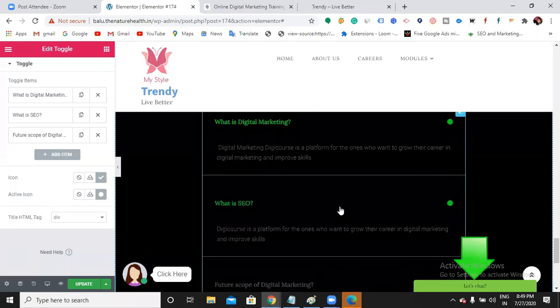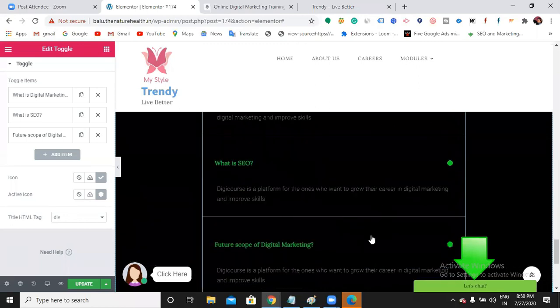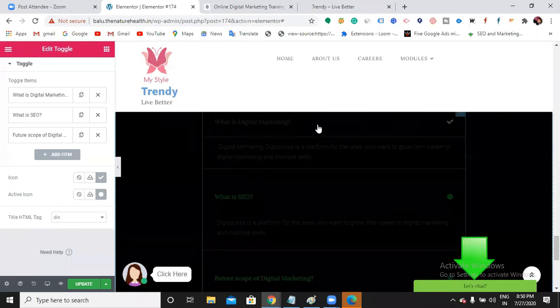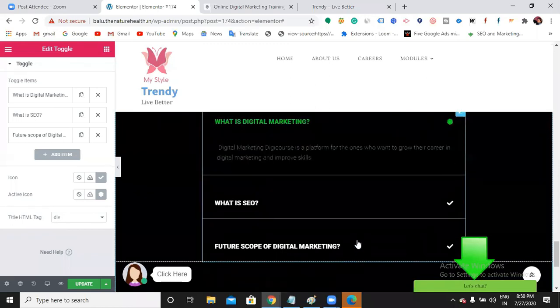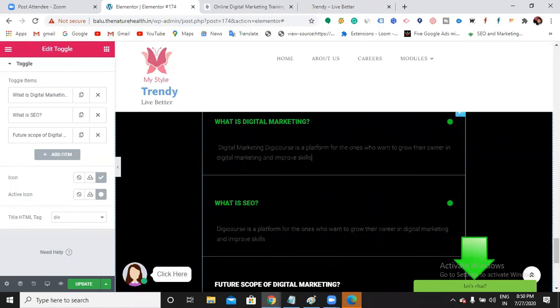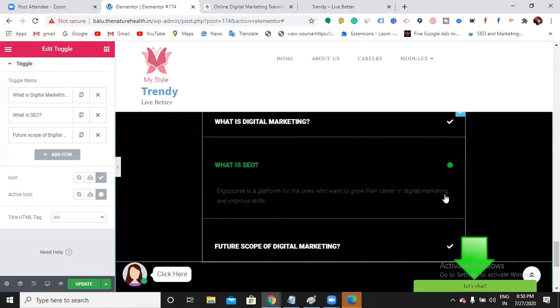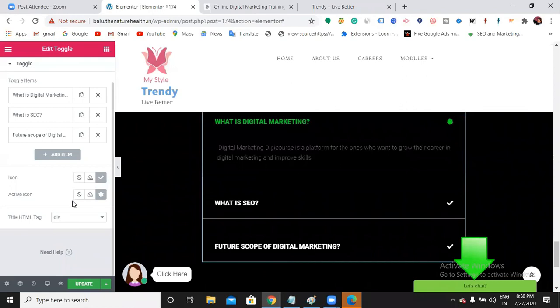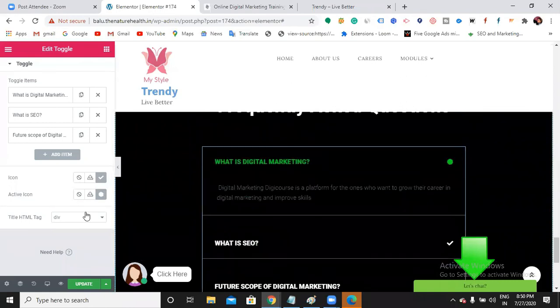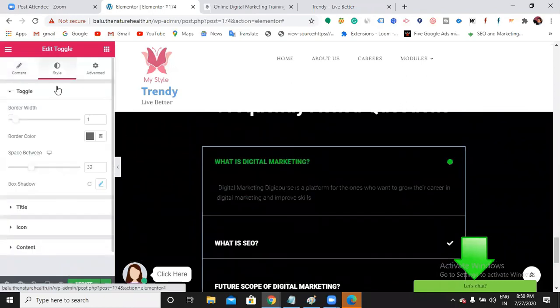So let me see now. This is the active one right now. This is the active one right now. So now it gets the tick mark. It gets the star one. So this is how, in such a way, you can just choose the active icon and the normal icon also, and